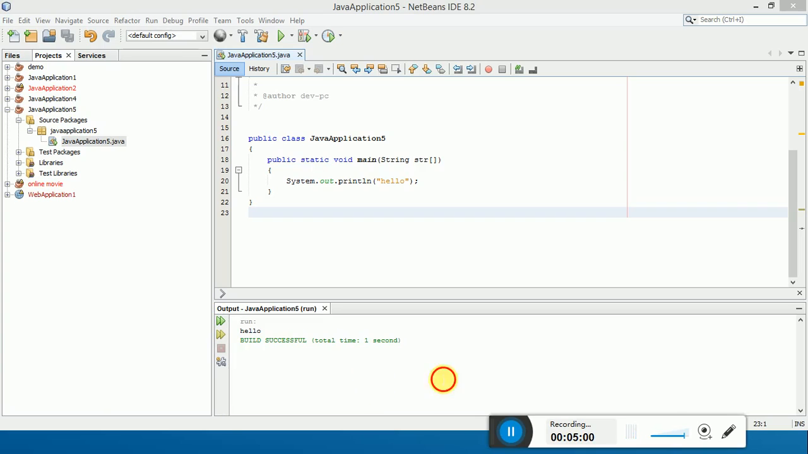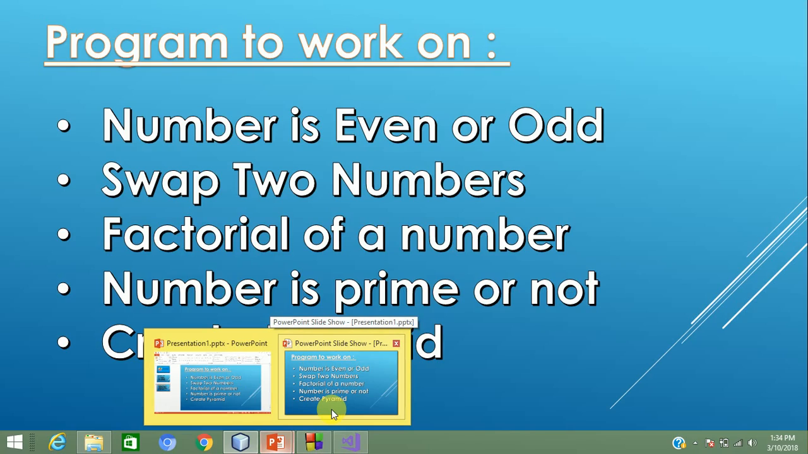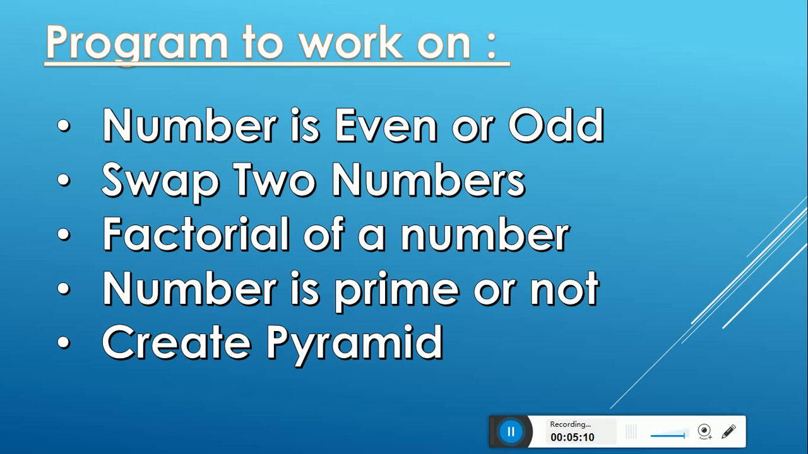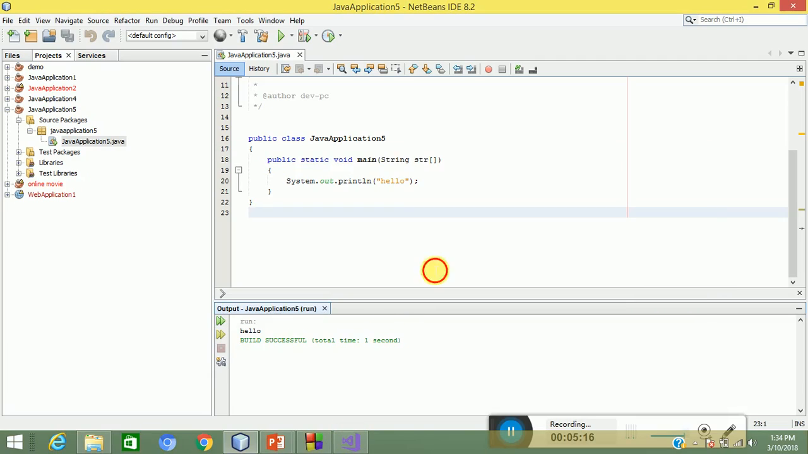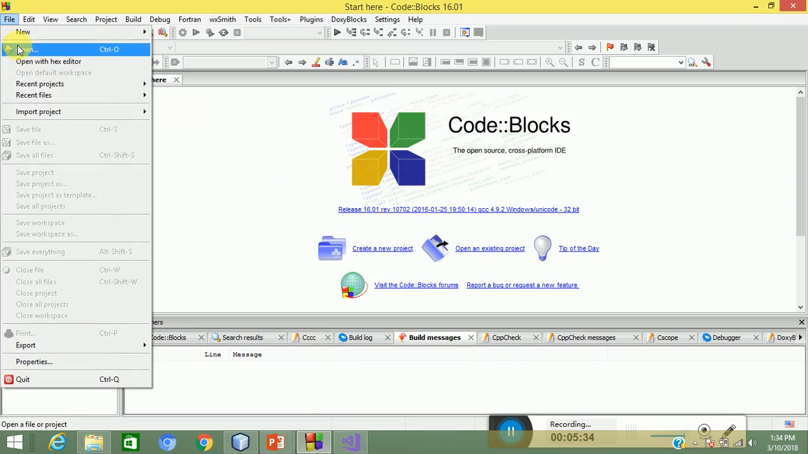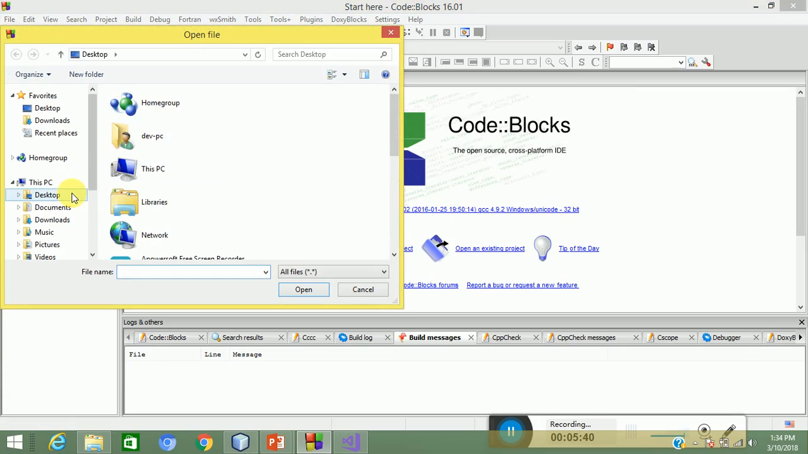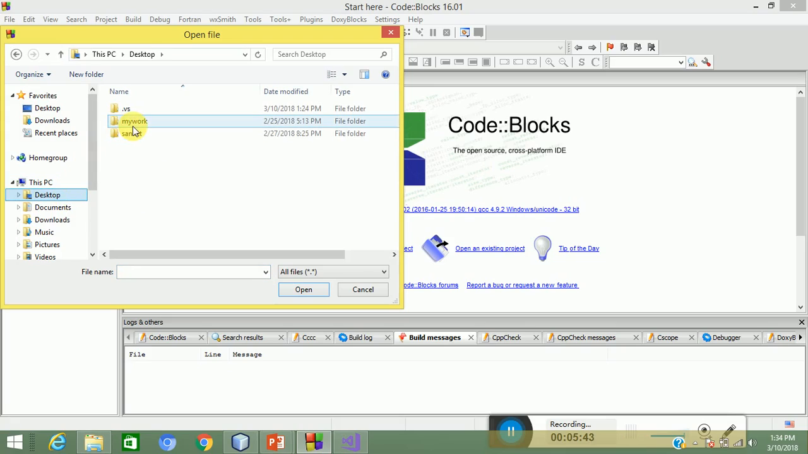So what was the first program? Number is even or odd. For that, now let us take one number, right? So I will take the number as, let us code for this in C++. Okay, next program we will code in Java. So let us open some basic code,